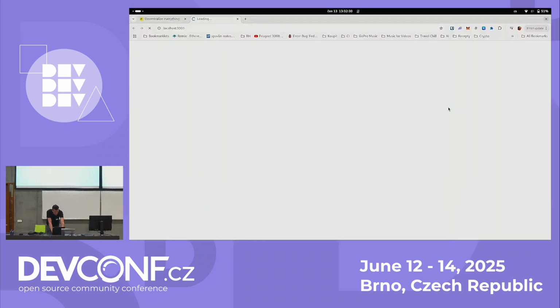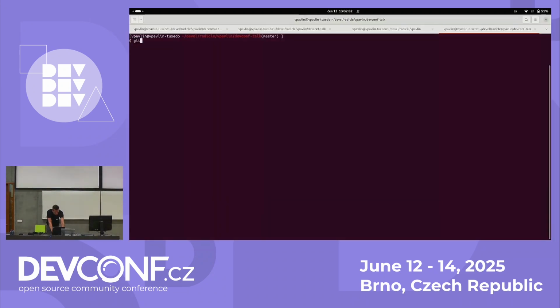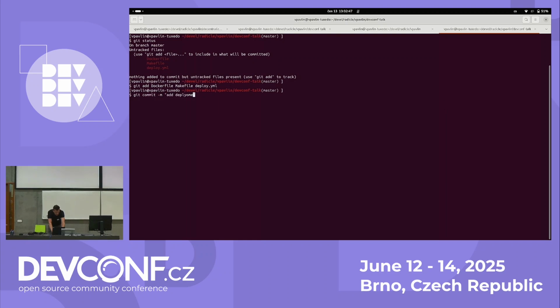So we already have the repository. So git status. Well, I've added these files. So I can also commit them: git add Docker file, make file, and deploy, git commit, deployment.